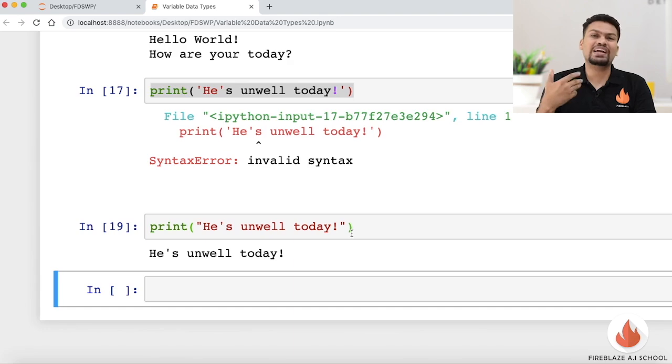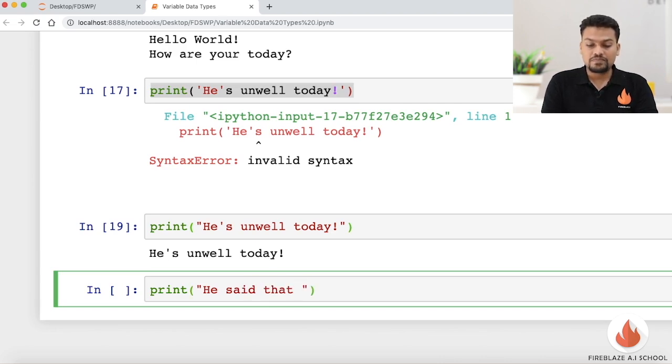Similarly, when you want to write something in direct or indirect speech wherein you want to use single quotes as well as double quotes, then you can write everything within a triple quote. This is how you can make use of it. I'll just write down a similar example for you. So, he said that,